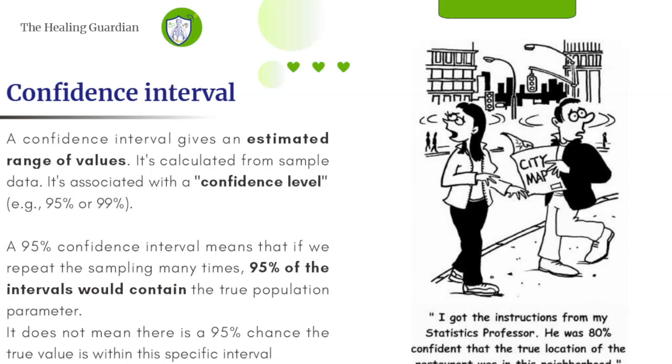Then now we go to the interpretations. That was just an introduction to the interpretations. When you have made biostatistical tests, there are things we are measuring. We usually measure confidence interval. Confidence interval is an estimated range of values that is calculated from sample data, and it is associated with a confidence level. When you say 95% confidence interval,